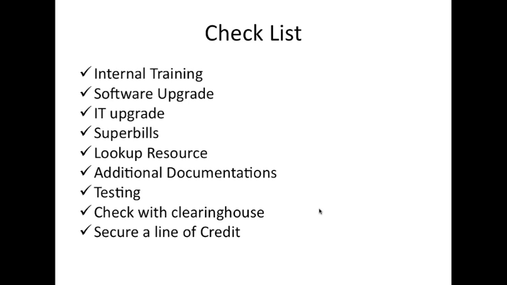Now let's talk about the Super Bill. If you have a Super Bill in your office today that is paper, let's think about this. Does that Super Bill have any ICD-9 on it? I see a mix of practices, some have it, some don't. It of course depends on the specialty. So if you do have ICD-9, you might think about this: what am I going to do with the